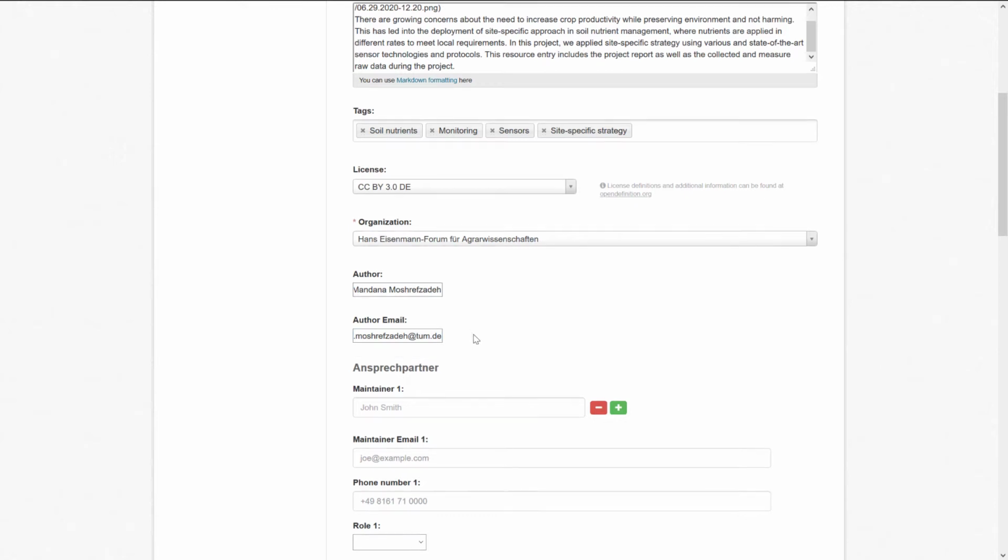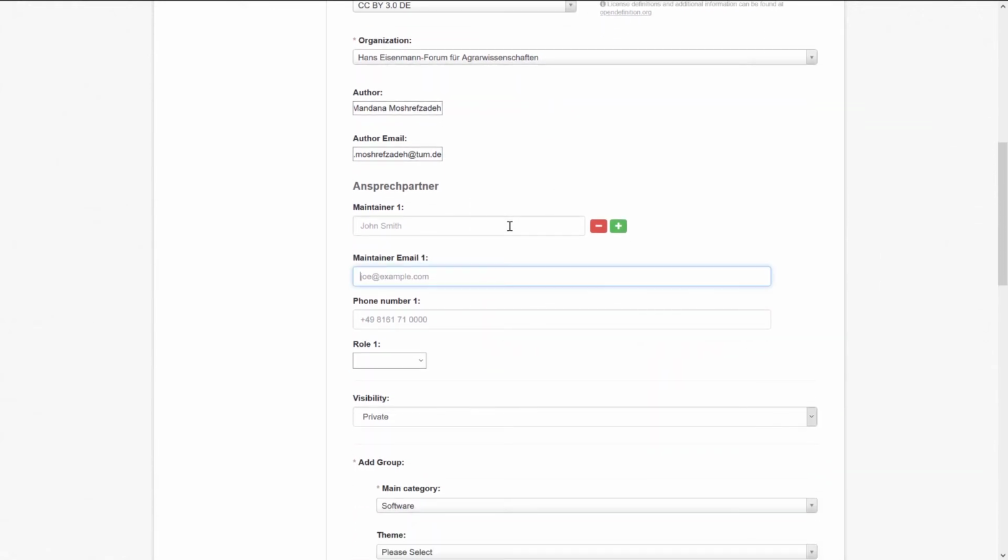The maintainer is responsible for the long-term maintenance of the resource. The maintainer can be a person, an organization, or a department. This section is optional. However, in general, filling in the optional attributes increases the searchability and reliability of your information